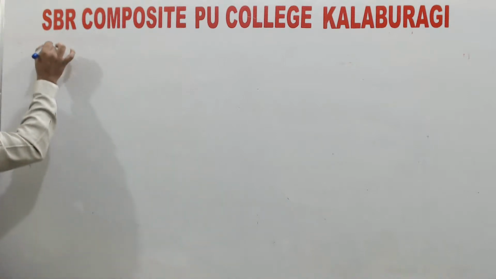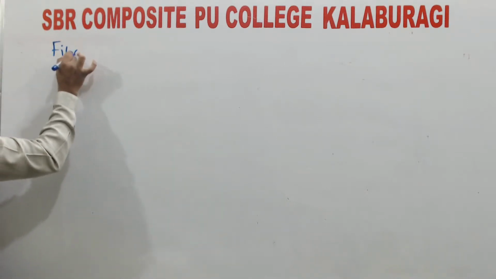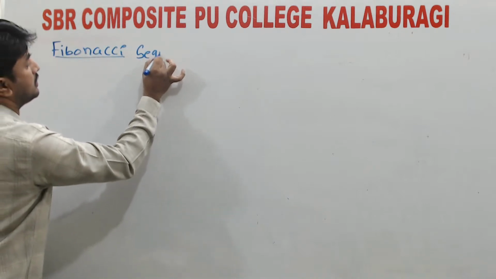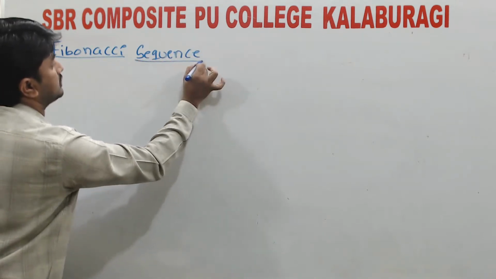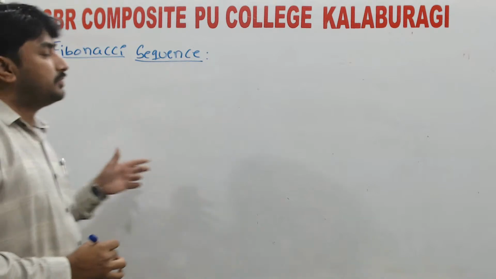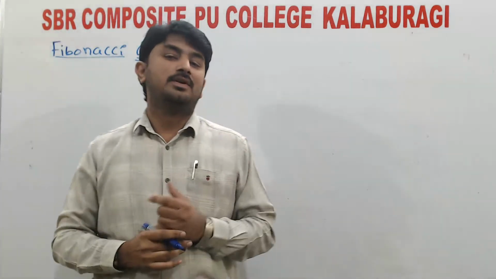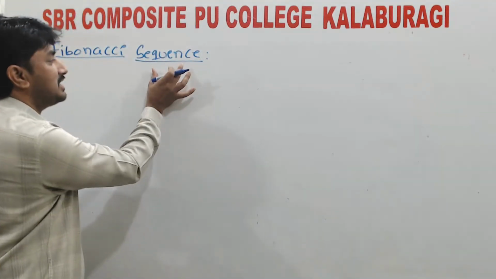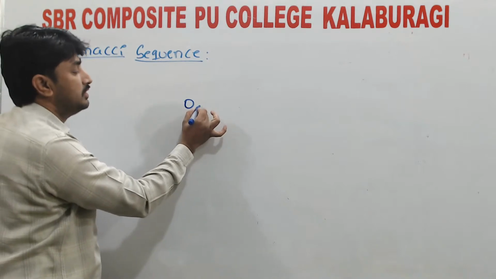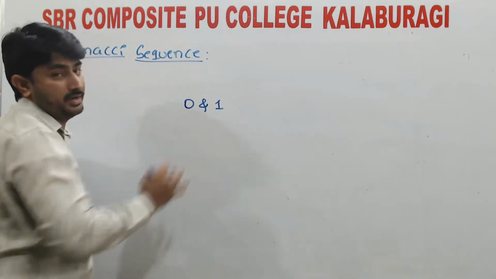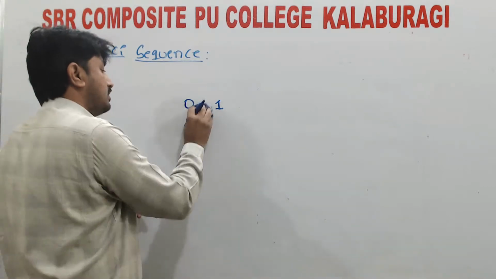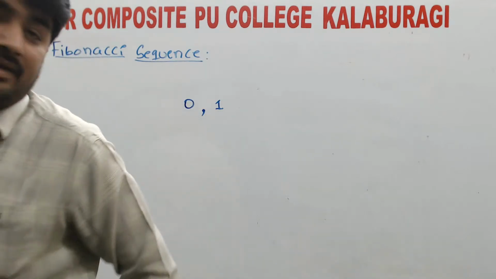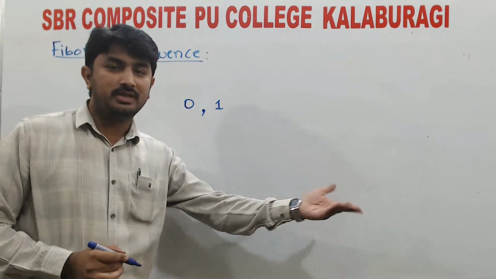See here, Fibonacci sequence. The Fibonacci sequence is a special type of sequence. It shows that the sequence always starts with 0 and 1, with a comma here. Always the sequence starts with 0 and 1, and the next number is